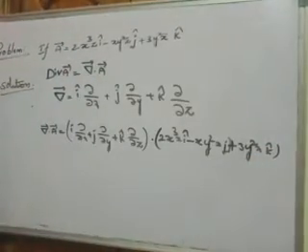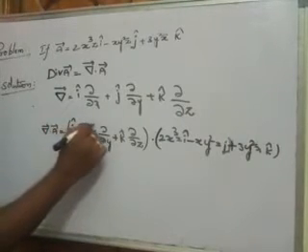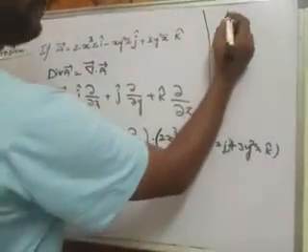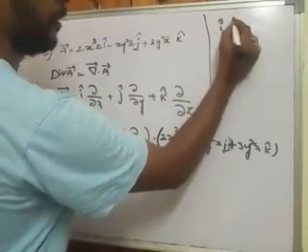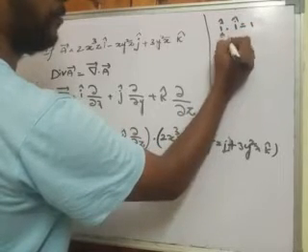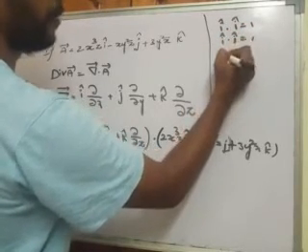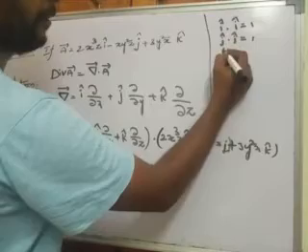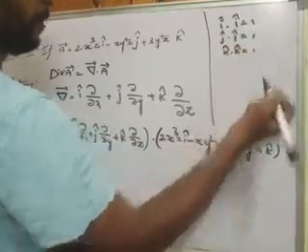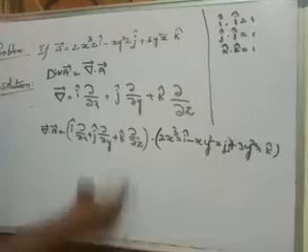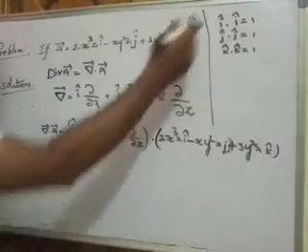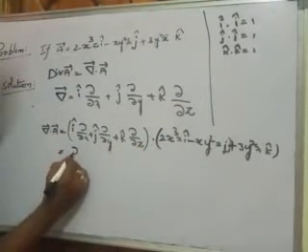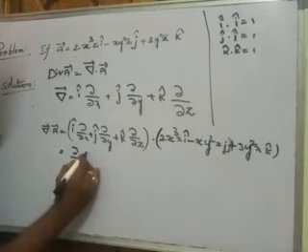Now we know the dot product of unit vectors. What are the dot products of unit vectors? i dot i equals 1, j dot j equals 1, and k cap dot k cap is equal to 1, and in all the remaining cases it will be 0. Then using these, we get i dot i equals 1, and finally we have the term dou by dou x into